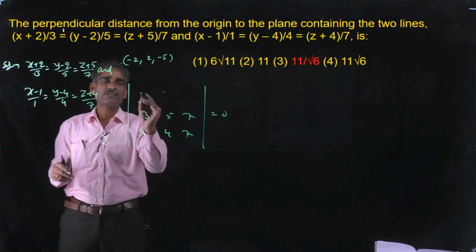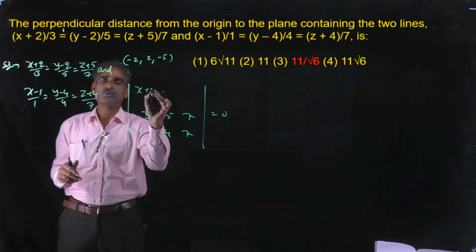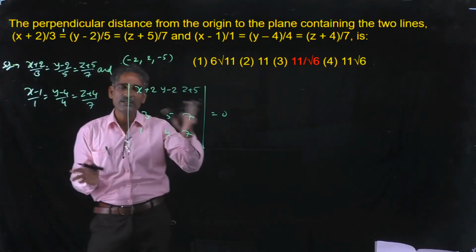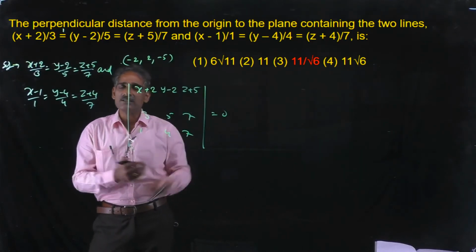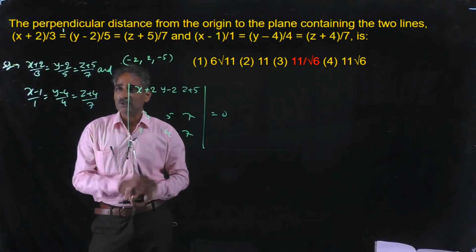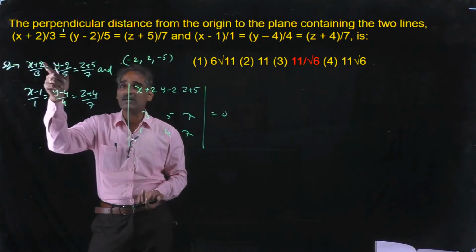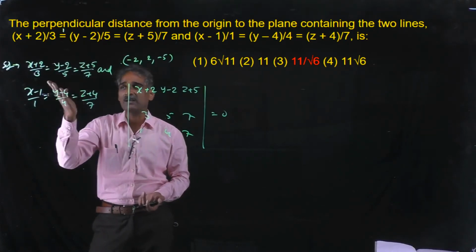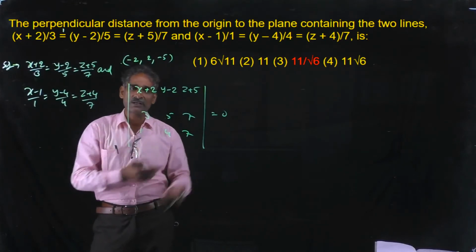So that means x minus x plus 2, y minus 2, z plus 5. So find out the determinant. Clearly these are coplanar. These two points lie on the line and the point also lies on the line. Okay, P is the general point. P, A, B and C are coplanar.